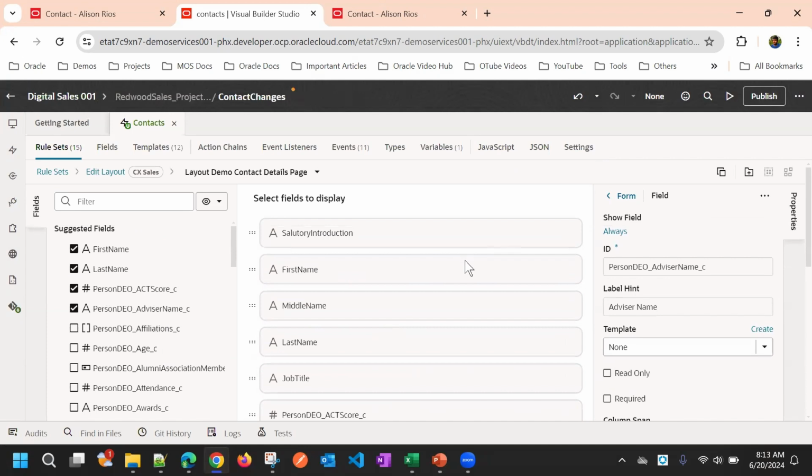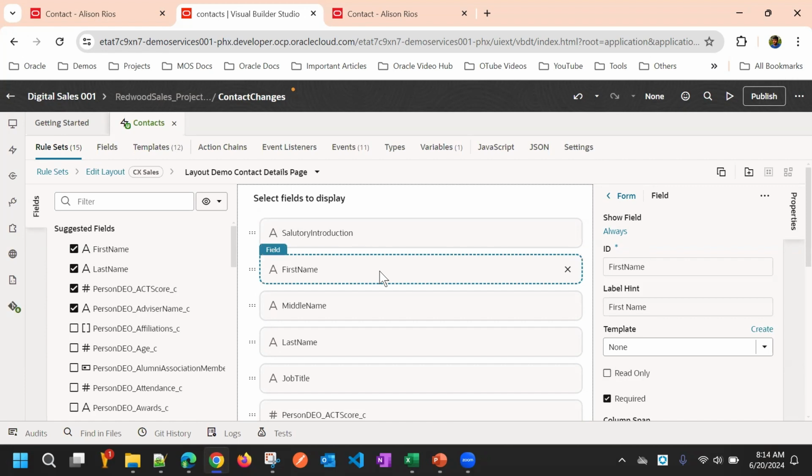Okay, so now we will see the form properties. If you open any of the pages, we see two kinds of properties. The first one is form properties, and the other one is field properties. Form properties apply to the entire layout. Field properties apply to a specific field. So suppose you click on any one of the fields,